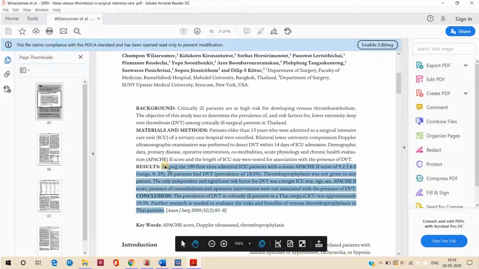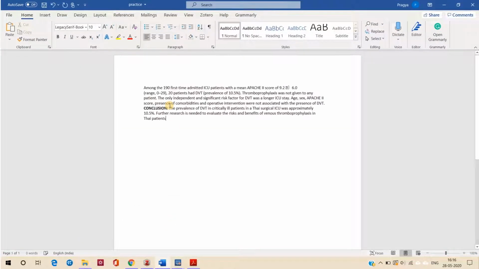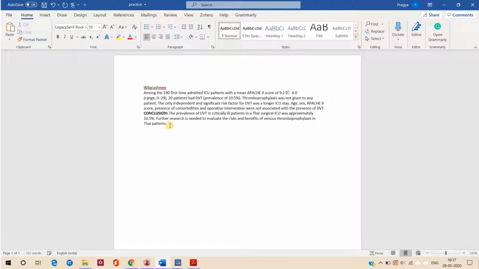So I have copied this and I have pasted this in a blank Microsoft Word document. I'm paraphrasing this. So this article says that out of 190 patients, 20 patients had DVT. So the prevalence is 10.5%.